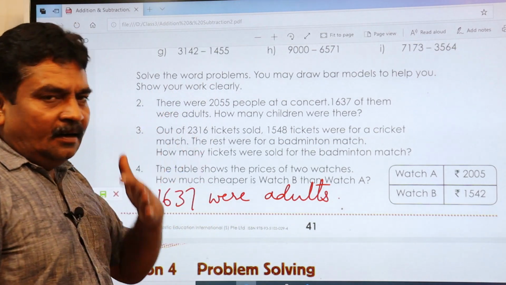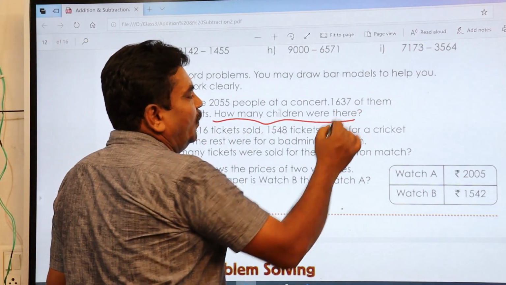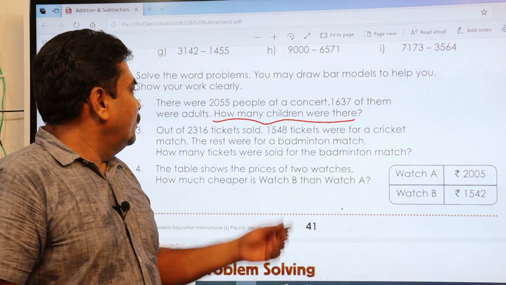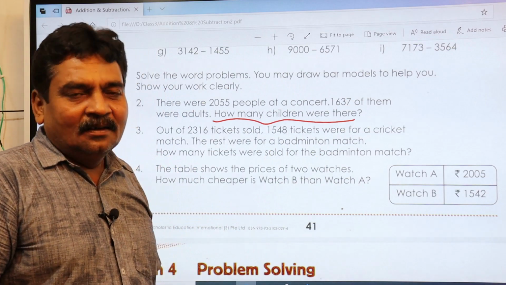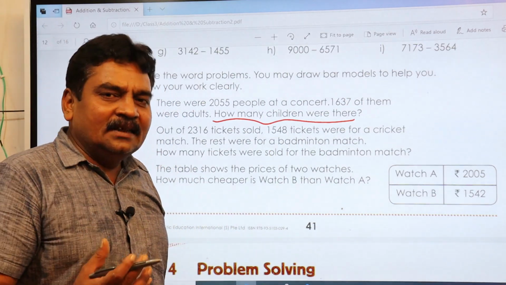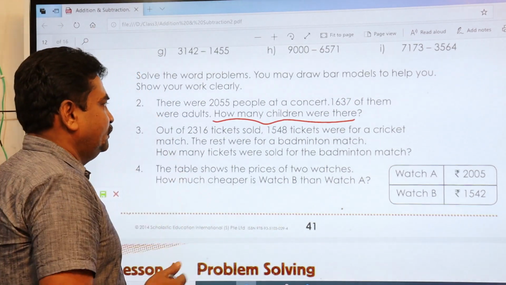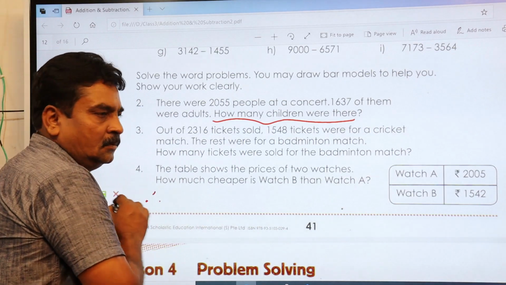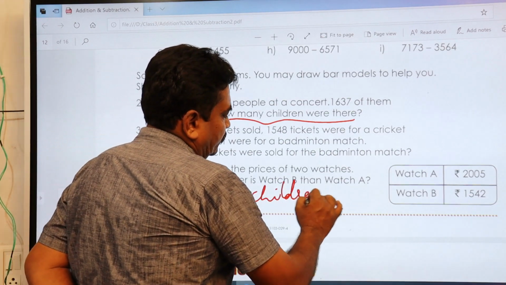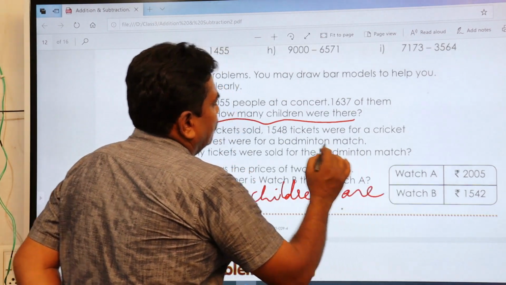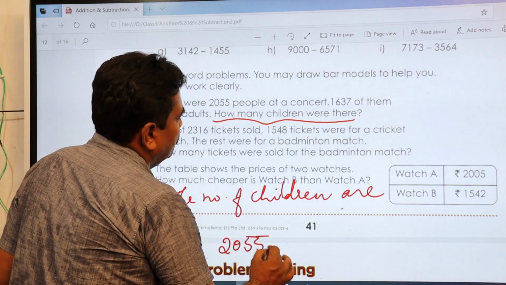Third line should be your question part. How many children were there? Means what? From the total members, you have to minus the number of adults present in the concert. The answer, whatever you get, is actually the number of children present. So that is what we are going to write down here. Therefore, the number of children are how much? That is 2055 minus